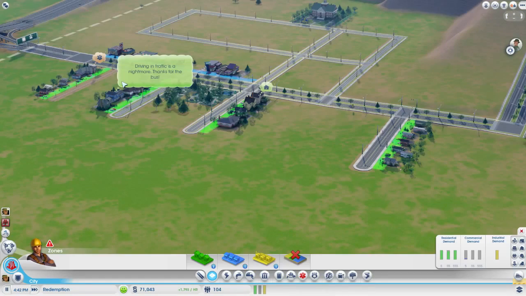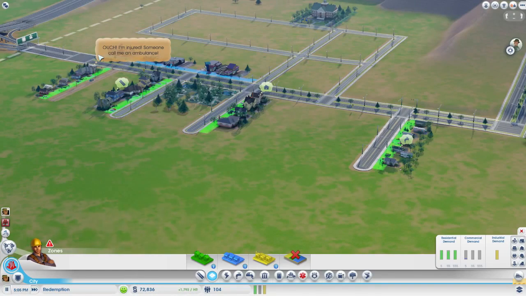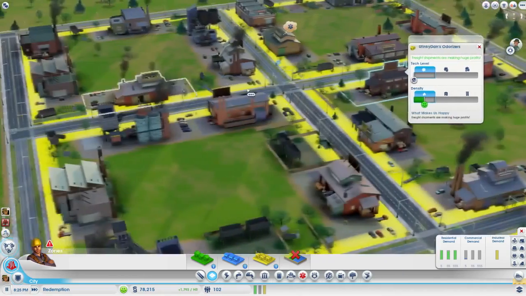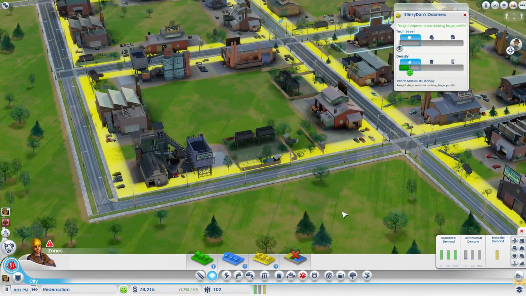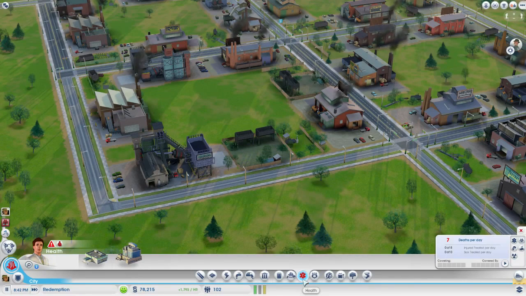Way too much money. This citizen is happy that we've got a bus system going on. This citizen wishes that there was an ambulance, because I don't think any ambulances are coming here. Workers are dying, but the freight is selling really well, which is really what's important. I think they're dying because there's no ambulatory? Let's go with ambulatory, which probably would indicate why the button here is red